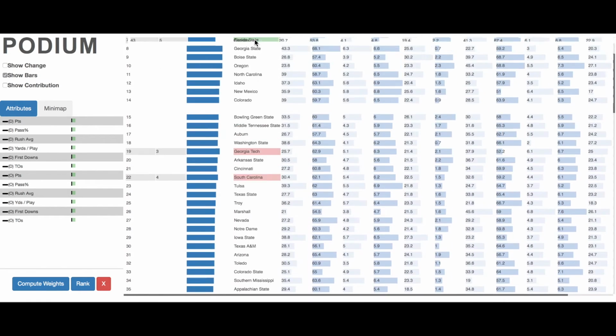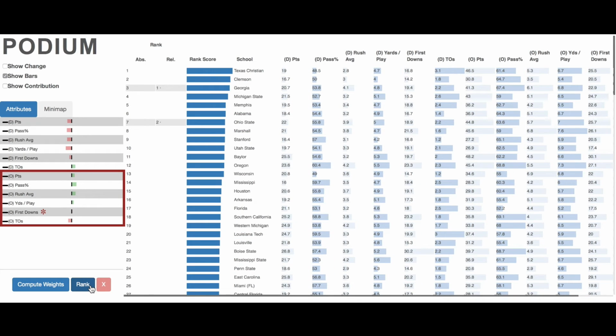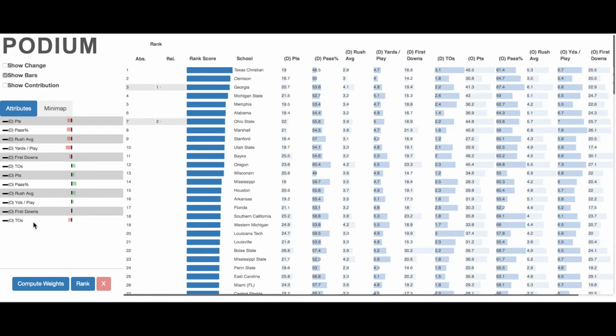She then finds her favorite team, Georgia, and drags them to the top. She presses Compute Weights to compute an attribute weight vector based on her constraints for the teams and applies the weight vector to the full dataset by pressing Rank. In the control panel, Anita notices most of the offense statistics are weighted positively except for first downs. Lots of first downs should be beneficial for a team, so she toggles the arrow up to emphasize the attribute